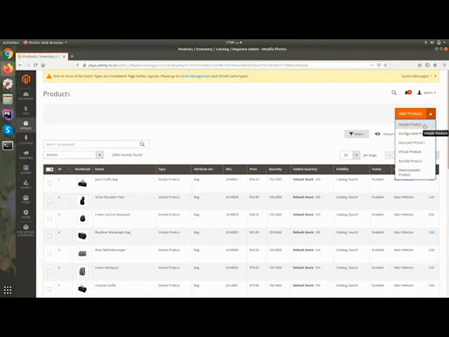Downloadable product. If you are selling a downloadable, digital product, customers can download it from their account after purchase. So you can create a downloadable product where you can attach a file, or attach any links for the download. So these are the types of products which I have explained, and I will show each and every product and how you can create it, and how it will display to customers in detail.